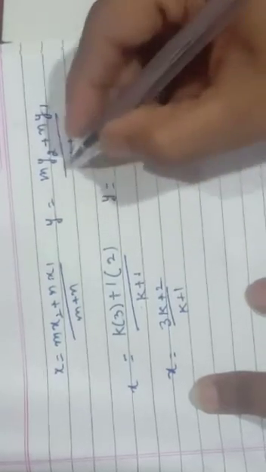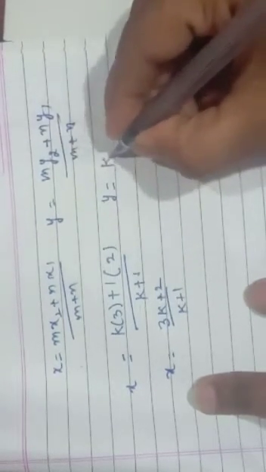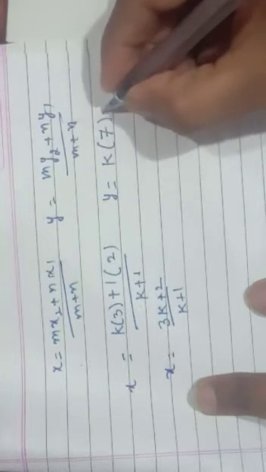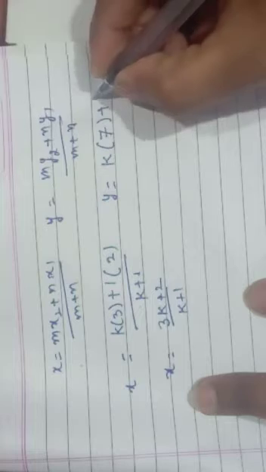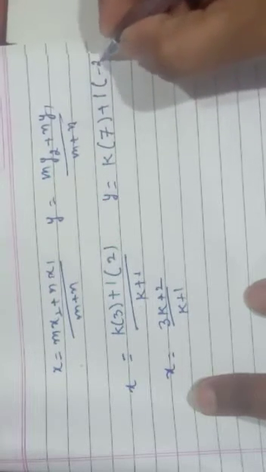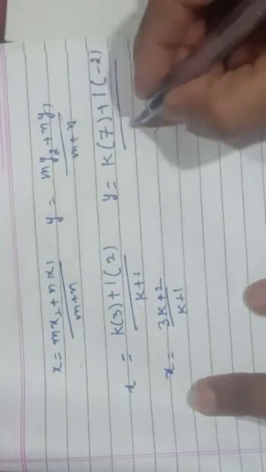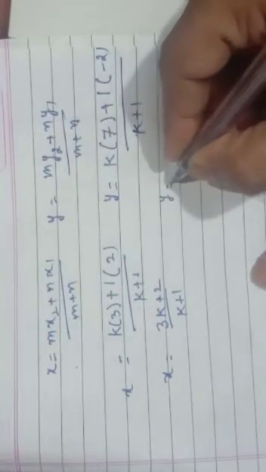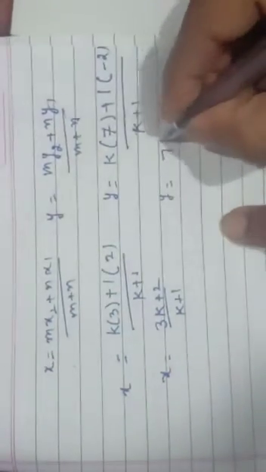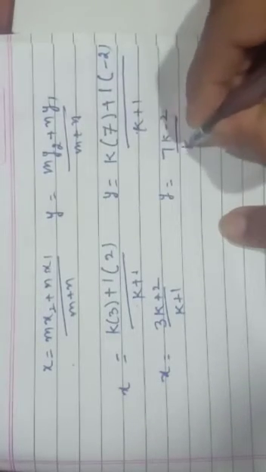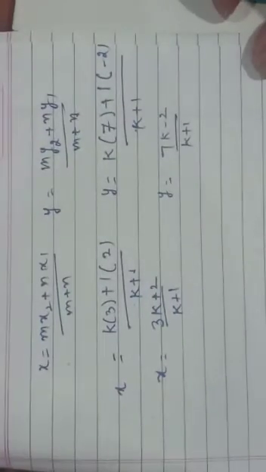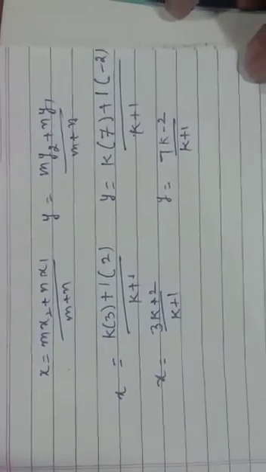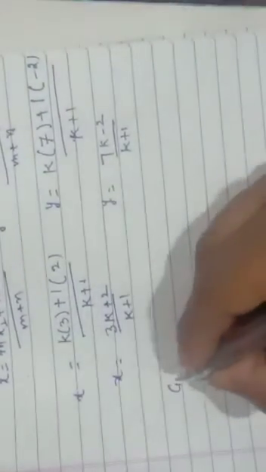Similarly, y is equal to, in place of m, that is k, y2 is 7, plus n, that is 1, and y1 is -2, over m plus n, that is again k plus 1. So simplifying this, we will get the value of y, that will be (7k - 2) over (k + 1). Now these particular values of x and y we have to fill in the given line, that is the given line is